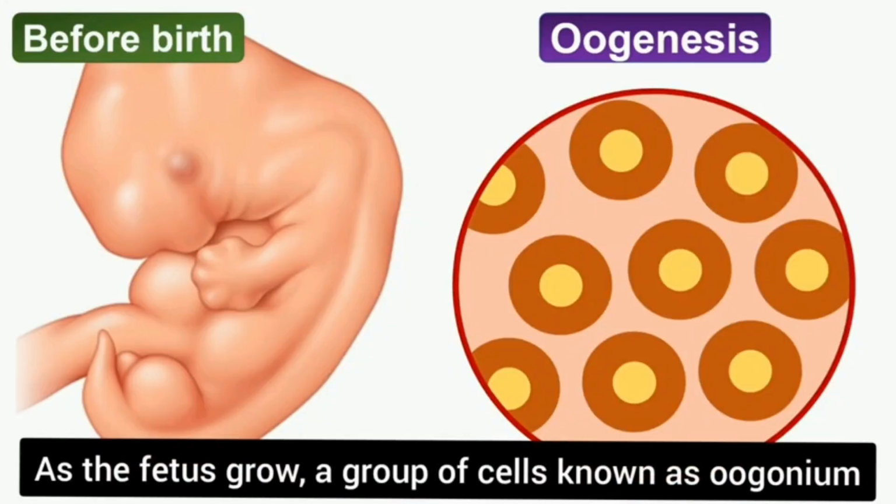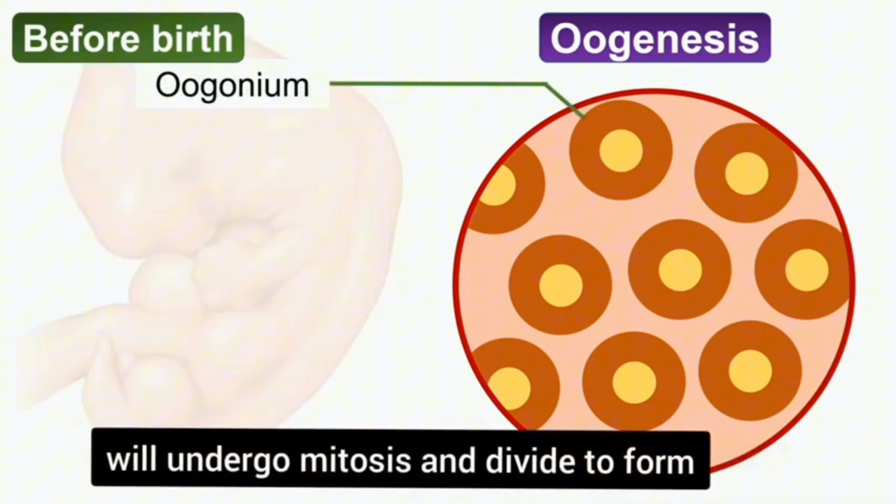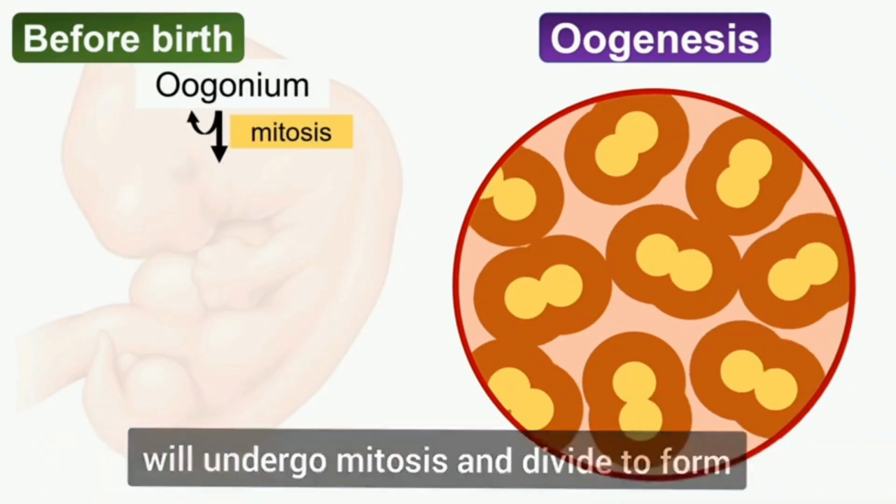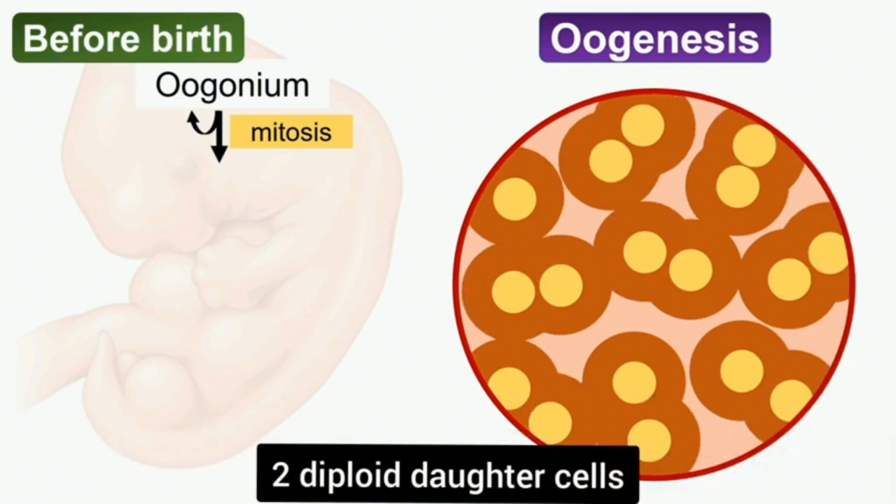And now, we're going to tackle oogenesis. Do you know what oogenesis is? Oogenesis is the formation of female gametes, and this process starts before birth, which is the embryonic stage of fetal development. As the fetus grows, a group of cells known as oogonium will undergo mitosis and divide to form two